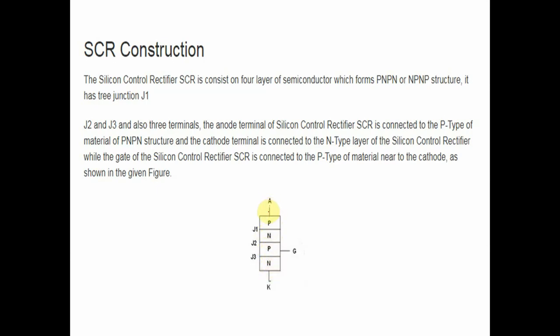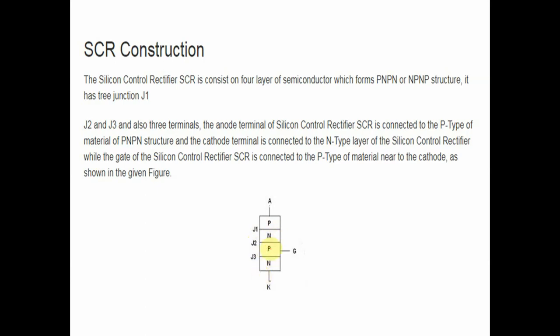SCR has three terminals, anode terminal, cathode terminal and gate terminal, and SCR has three junctions: J1, J2 and J3. The first P and N layers generate the J1 junction. The N and P layers generate the J2 junction, and the P and N layers generate the J3 junction.